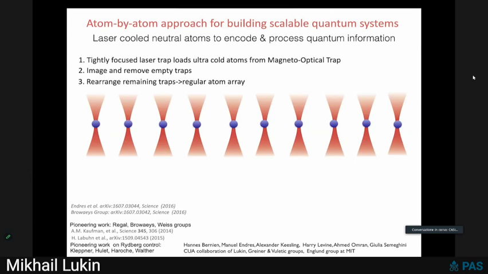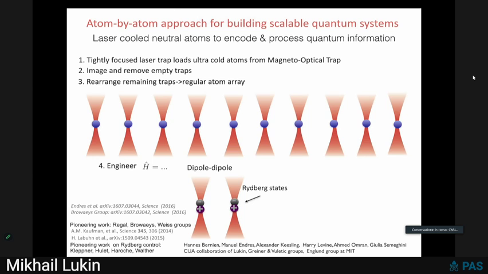So after this procedure, these atoms are sitting a couple of micrometers from each other, and to actually make them interact, we excite them into Rydberg states, again following pioneering ideas of Rydberg spectroscopy done by Dan Kleppner, Randy Hulet as a student, and also Serge Haroche and his group and others.